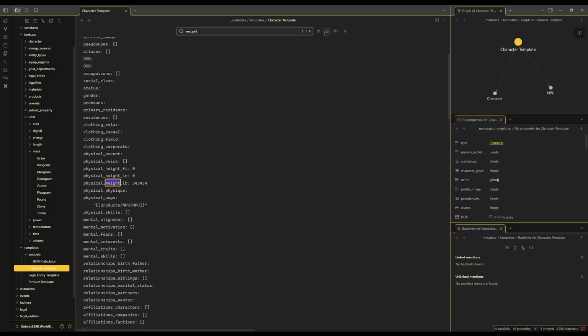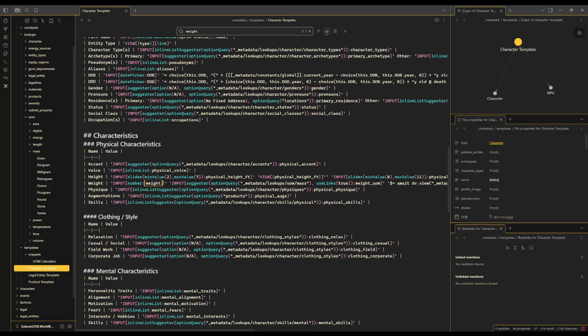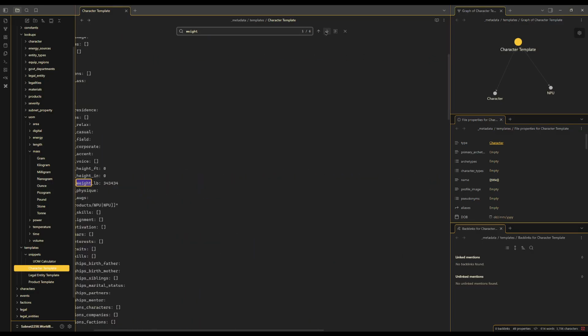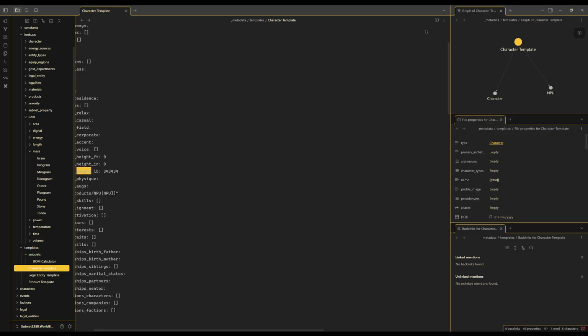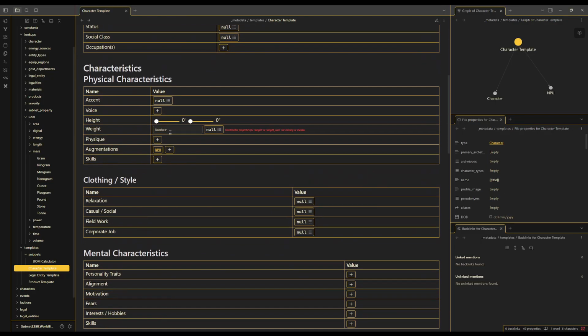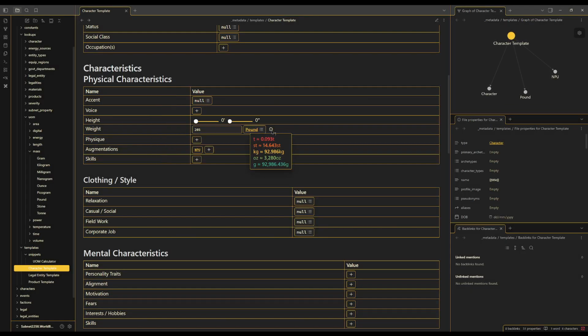So you've got weight LB, but that's it. We haven't got anything else. Got the weight property here. What I'm going to do is switch to view mode. I'm going to enter my number. Let's do 205 pounds. And you can see now what happens is it resolves itself, and now I've got this